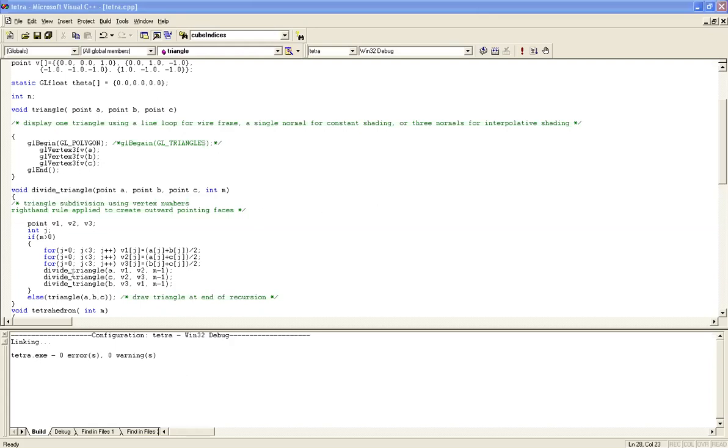Okay, so what I'm telling is, if I give the value of m as 0, 0 is not greater than 0, so I'm going to go for the else part. In the else part, it's very clear that I'm just going to call 3 vertices and join them, which is going to form a triangle. In the same fashion, whenever I give 1, you understand 1 minus 1 is 0, which means no further divisions, we are going to divide only one time.